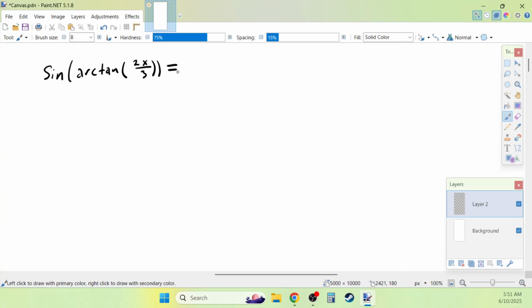I think that the easiest way to do this is to make a diagram. I'm going to draw a right triangle and label one of the sides. This side here can be y or theta or whatever you'd like to call it, but this is the angle that we will mark. Now, I have here the arctangent of 2x over 3. If I let, say, this angle be y, and I let y equal the arctangent of 2x over 3,